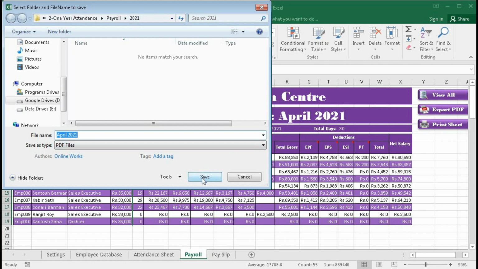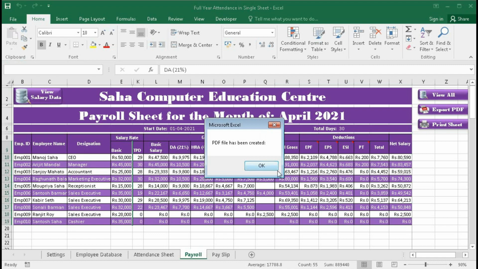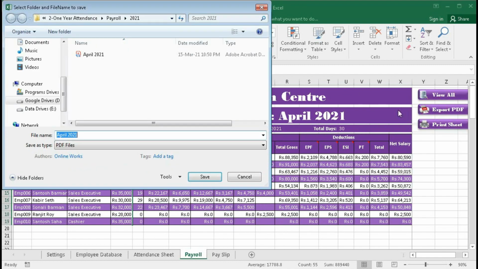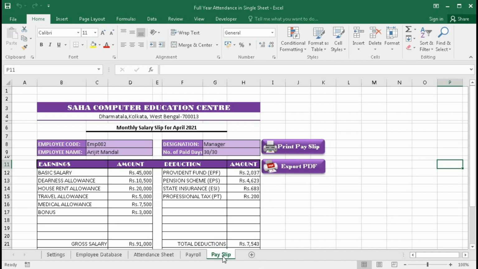If you save this file, it will be saved as PDF. You can see this file has been created. And if you want to print this sheet, click on print sheet, and this sheet will be printed on page.